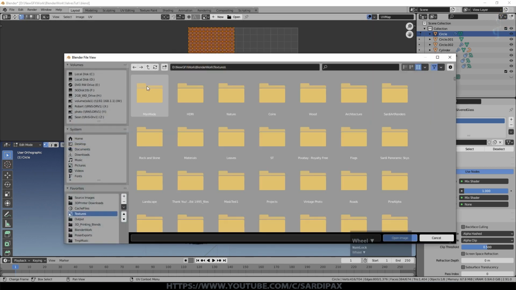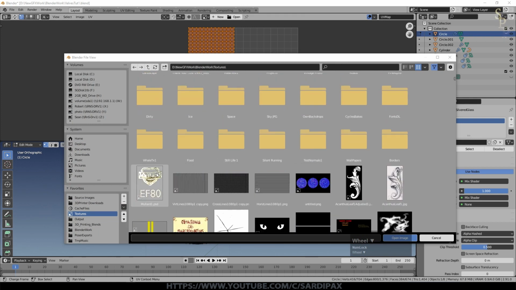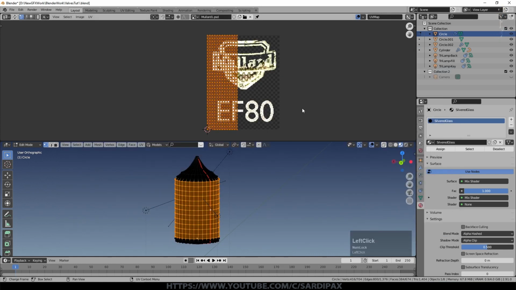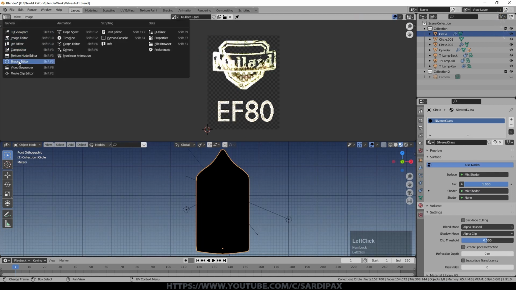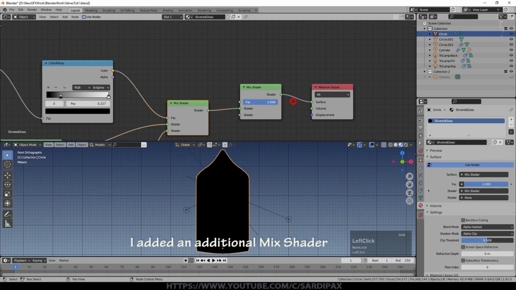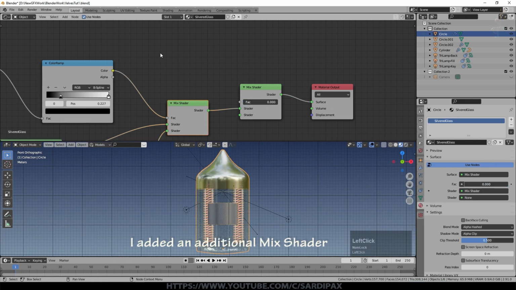At this point I'm going to say open, and I'm going to open this texture here. So what I did was I took an image of a valve, I actually added the text below it, and I created an image in Photoshop that was essentially white with a clear or transparent background. So there it is, but I suspect it's the wrong way around at the moment. And we'll come back to our shader editor, and you can see we've still got that there. I'll just leave that over there.